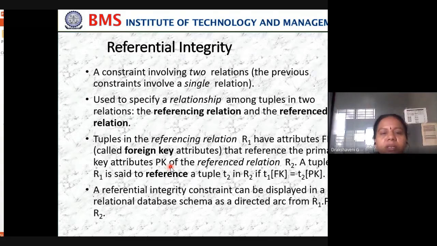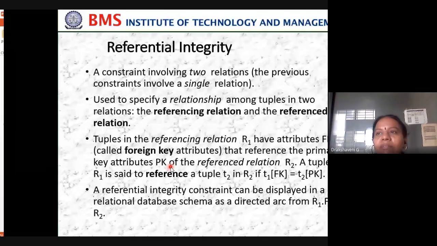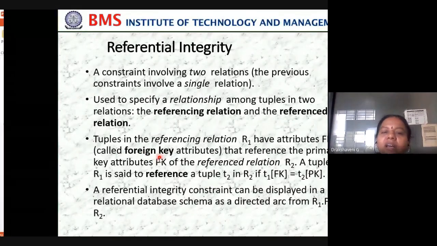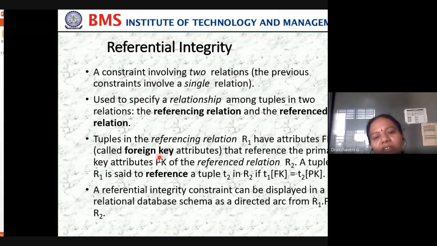When you come for the second semester, we have different subjects, not the same subjects as your first semester. Then I want to link the first semester table and the second semester table. So what we have to do is use your primary key. The primary key in your first semester table is USN, and in the second semester table, the same key we use as a foreign key. That is what is called referential integrity. So we use a foreign key, and we refer to which table is referred and which table is referencing. That is what we call the referencing relation and the referred relation.